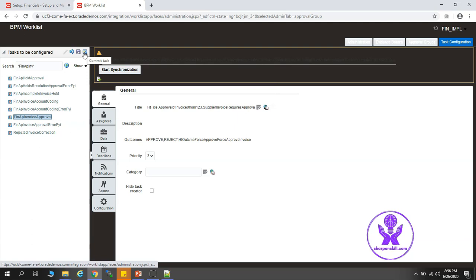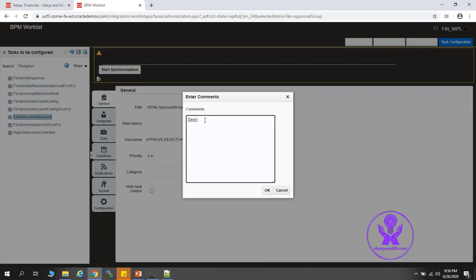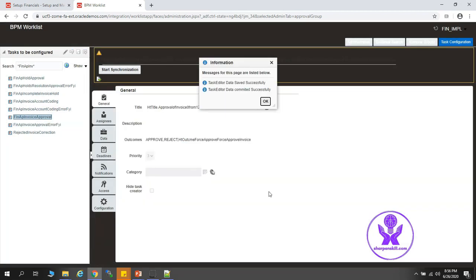Now I'll click on commit task. So I'll give a message commit 1. All right, click OK. All right, so the configuration or the customization is done for this payables invoice approval workflow.